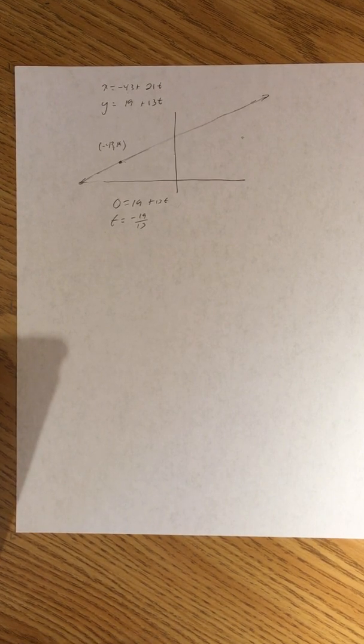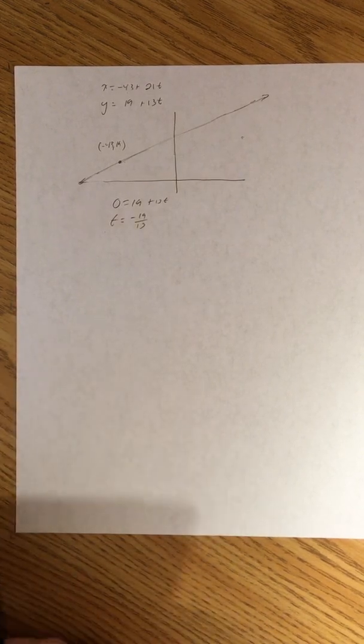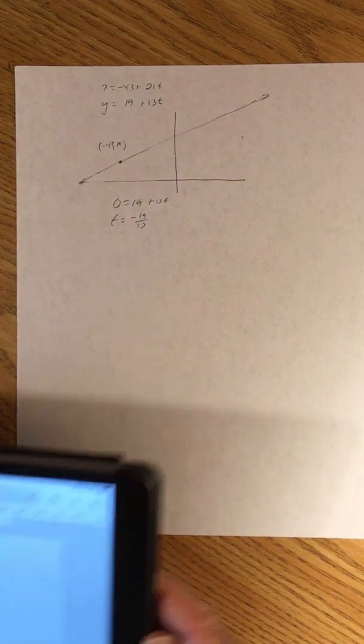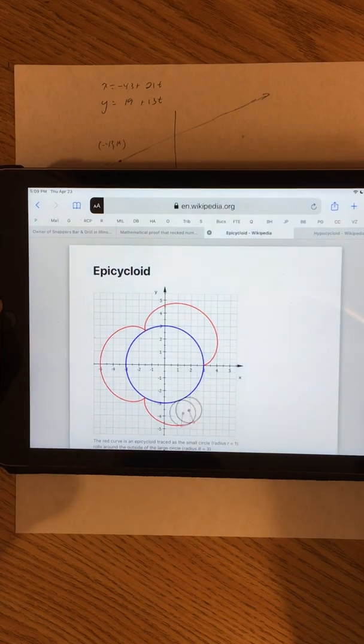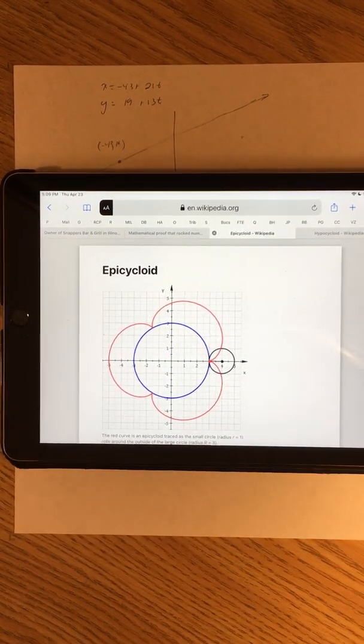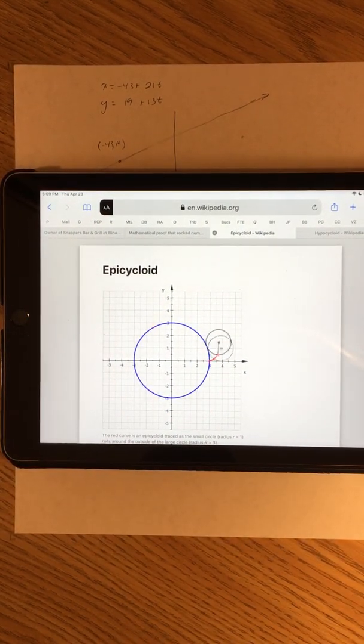Now, what we're getting at, and you'll see where this is going in a second, I do have a plan. Okay. Here is another parametric curve. And there are a lot of parametric curves like this. This one's called the epicycloid, and it's formed by rolling a wheel of some sort on the outside of a circle. You know, the cycloid is formed by rolling the wheel along the straight,